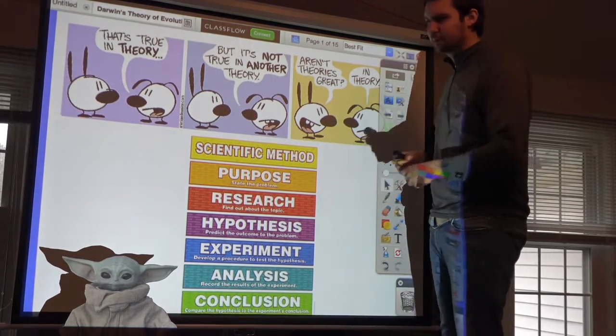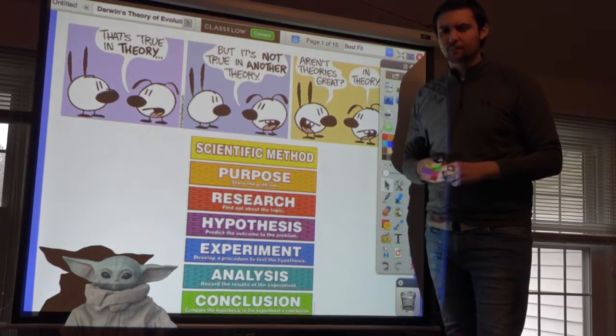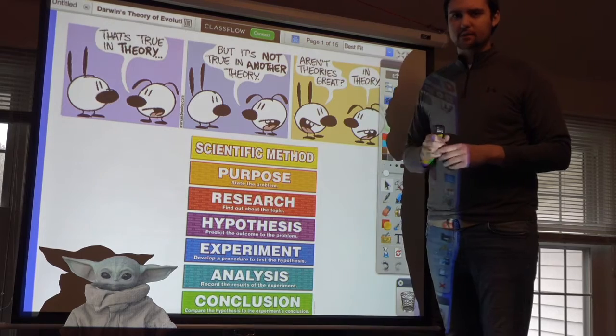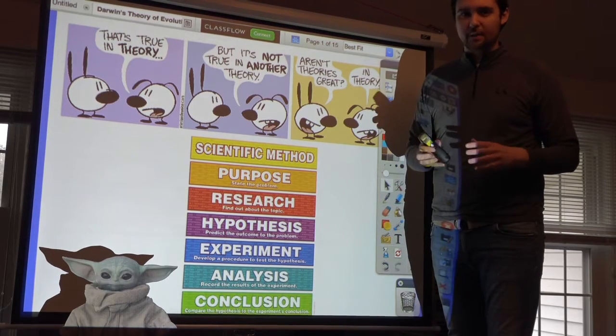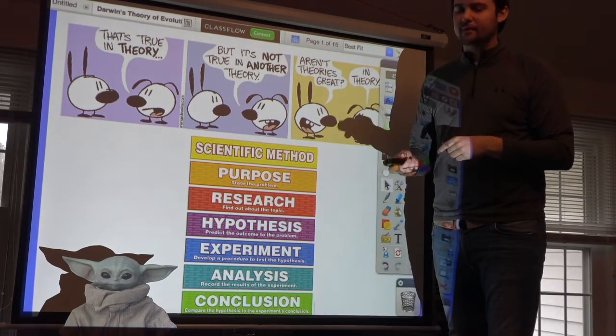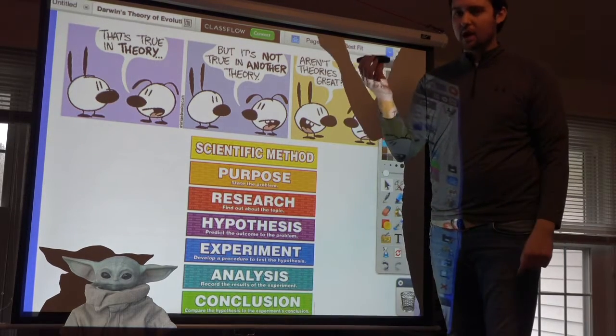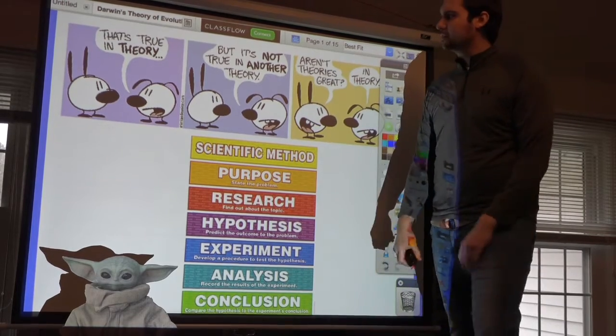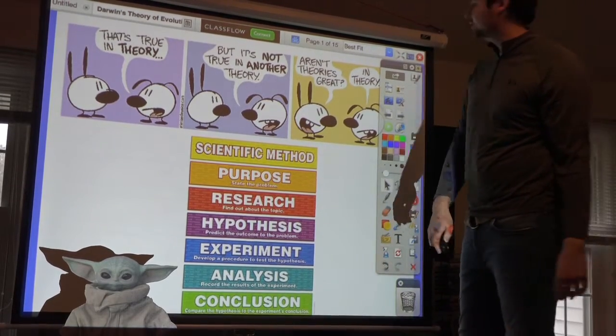The other thing that you're probably thinking of is a scientific law. A theory is not a law. A law is something where we can actually state what is happening. So if I drop this, we see that the law of gravity is in place, as there's a gravitational pull causing all objects to drop at that same rate of 9.81 meters per second squared.